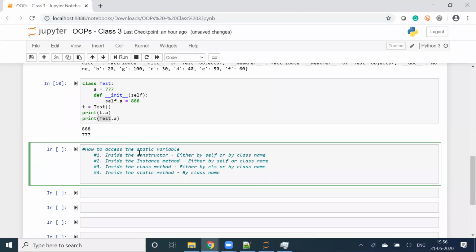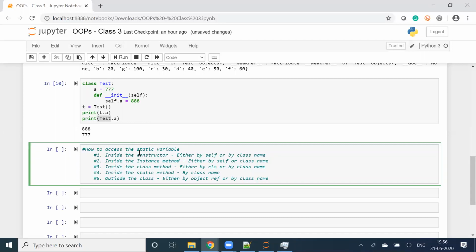Perfect. Fifth, outside the class, can we do that? Outside the class, yes, either by object reference or by class name. Confusion is going to start soon.